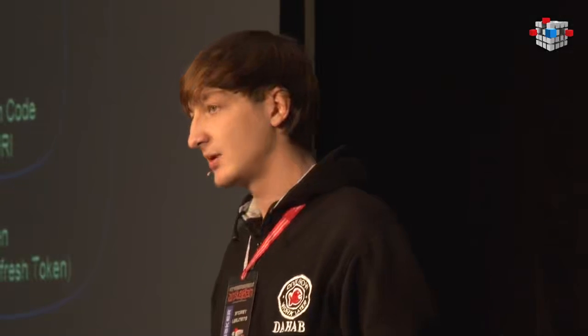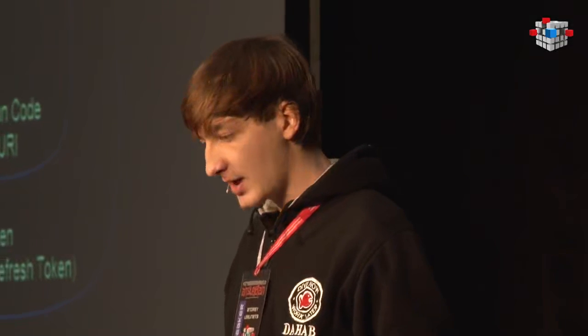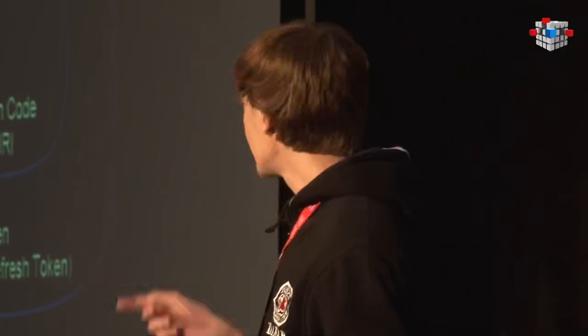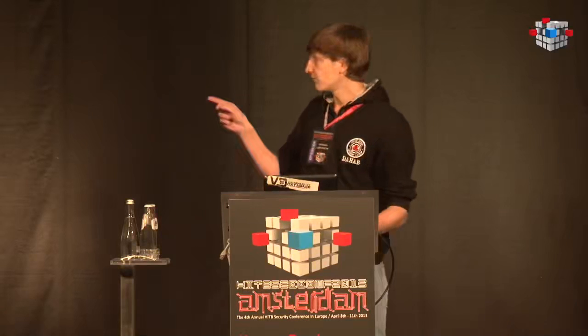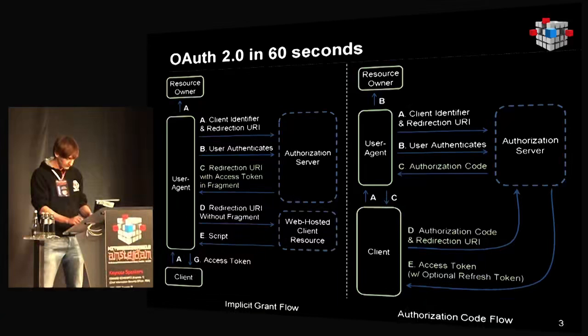The second flow could be used, if correctly implemented, for authorization purposes, because the client has to exchange the code. Look at point C. It's a code, it's not a token. It should exchange it for a token using the secret key. And this backend flow, D and E, is never seen by the user. It all happens in the backend.